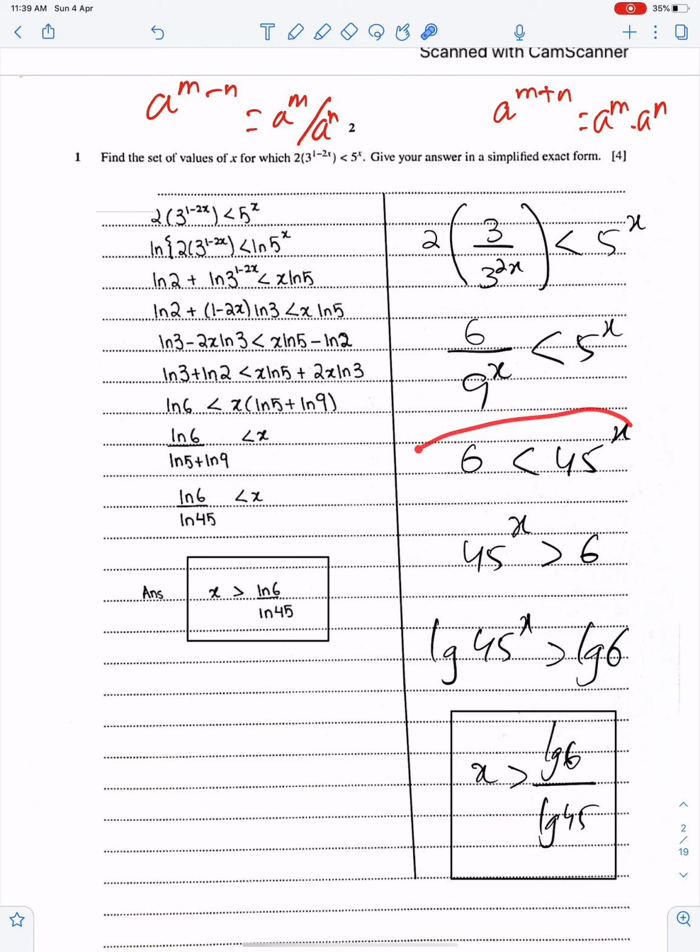See, this is the standard index inequality. Now you have to write this in this way. See, 45x is greater than 6. So we can write 45 power x greater than 6. This head is pointed towards 6. Now take LG on both sides. Either LG or ln, you have the option. So when you take either LG or ln on both sides, you will get this. Now bring this x here. So LG 6 upon LG 45.